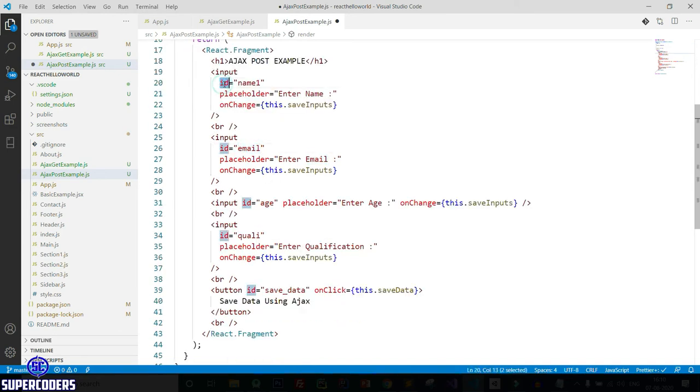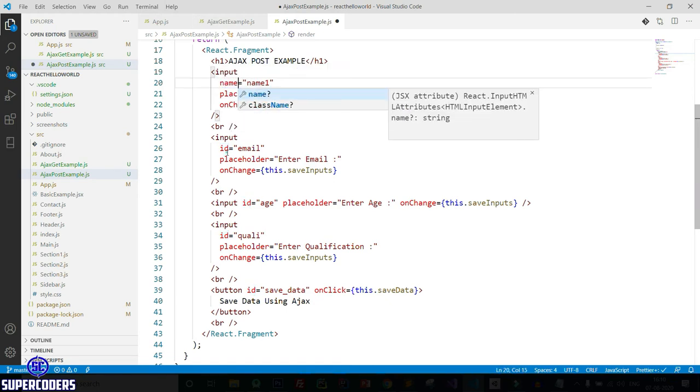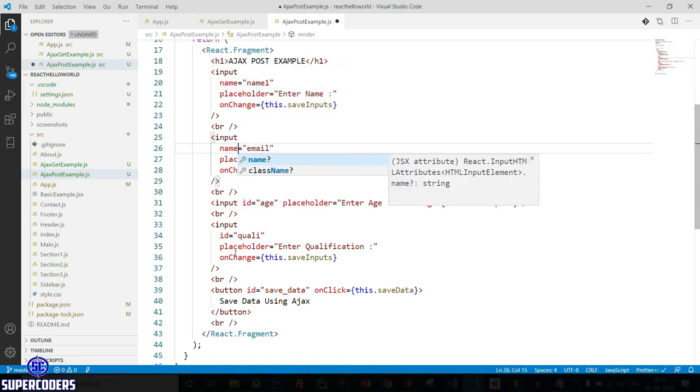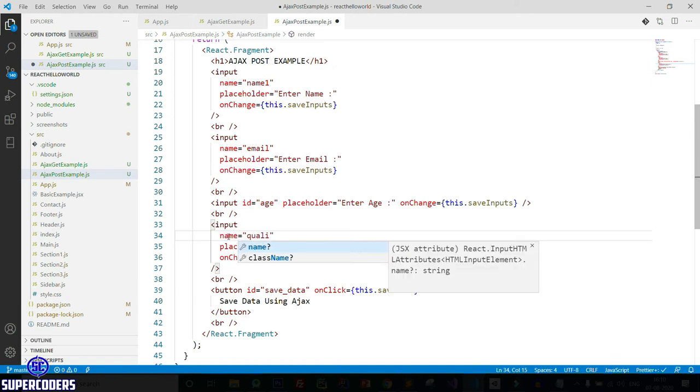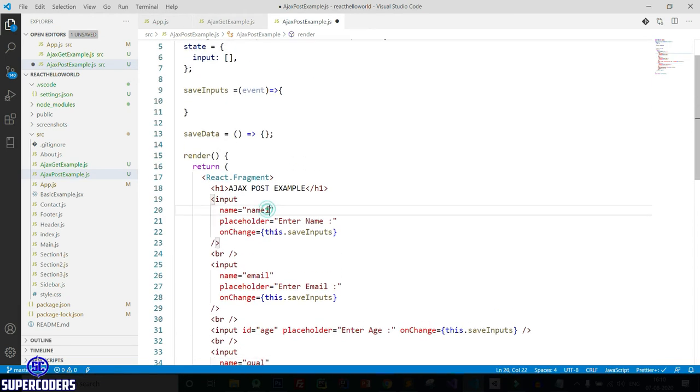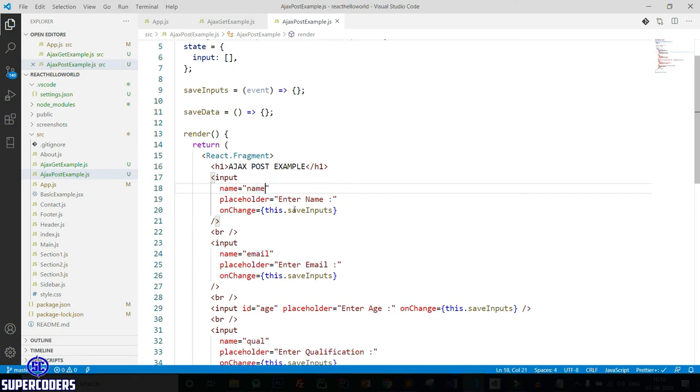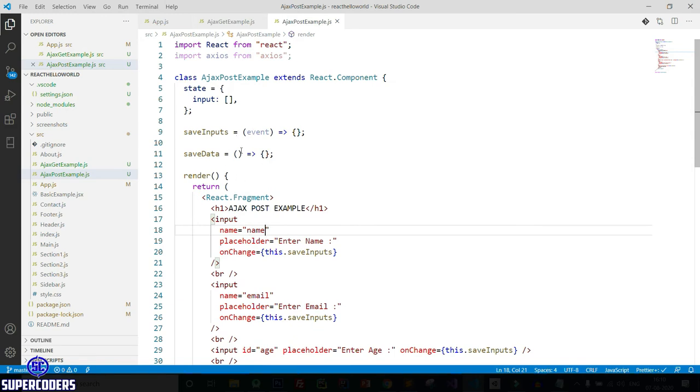Okay, change it to name first. Change this to qual and change this to name. Now this time I am showing how you can save dynamic key values in state.